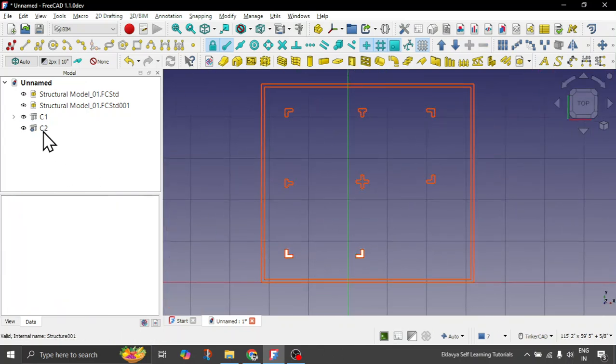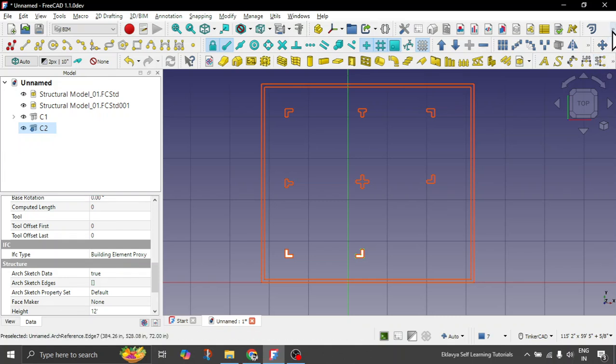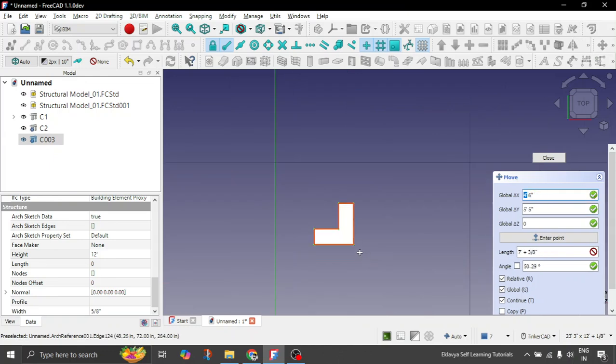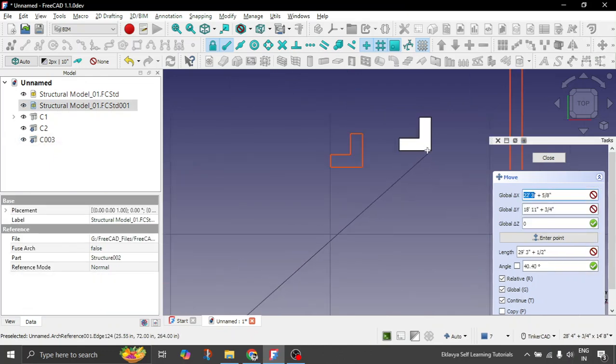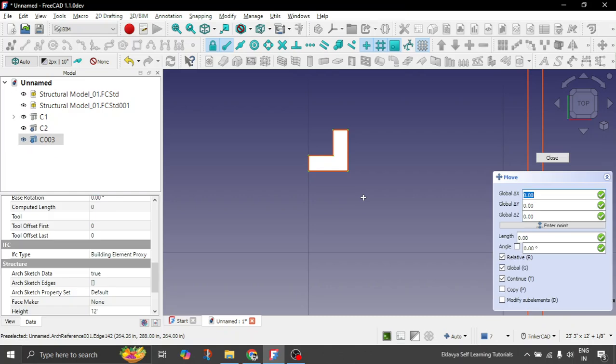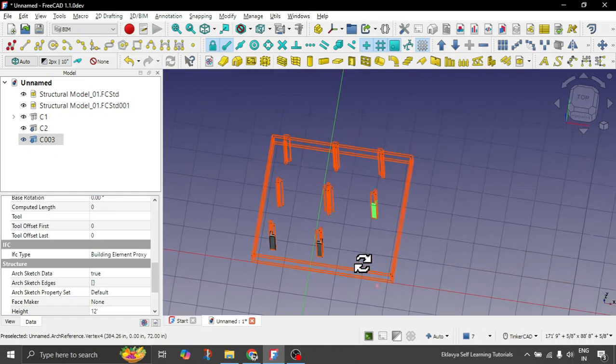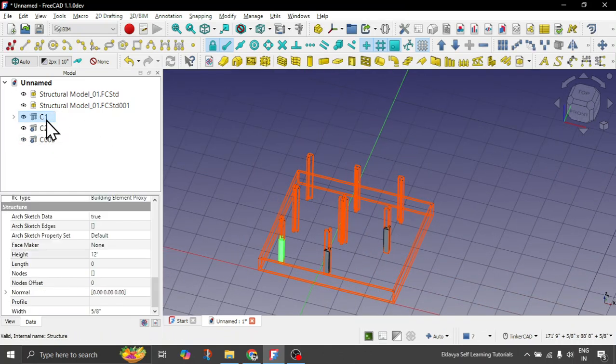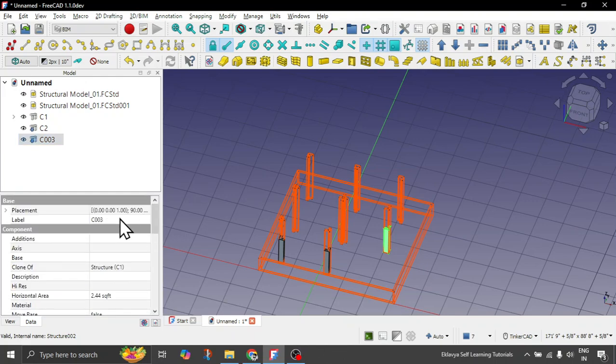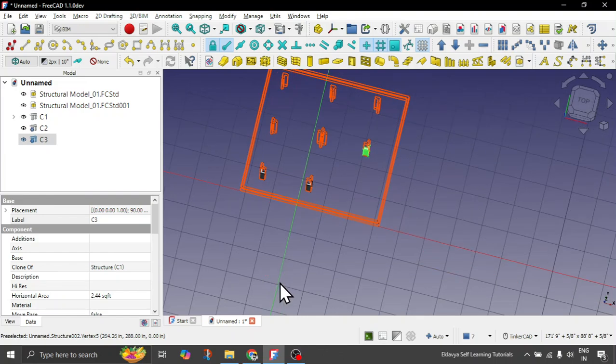Now we will click on this object again. We will choose the clone option, right? And this will ask us to position, to move it basically. If we move it from here to here, you see how easy this is to snap, right? And again, you can see these are dependent upon the initial C1 only. This we can name as C3 quickly, right? So C1, C2, C3,